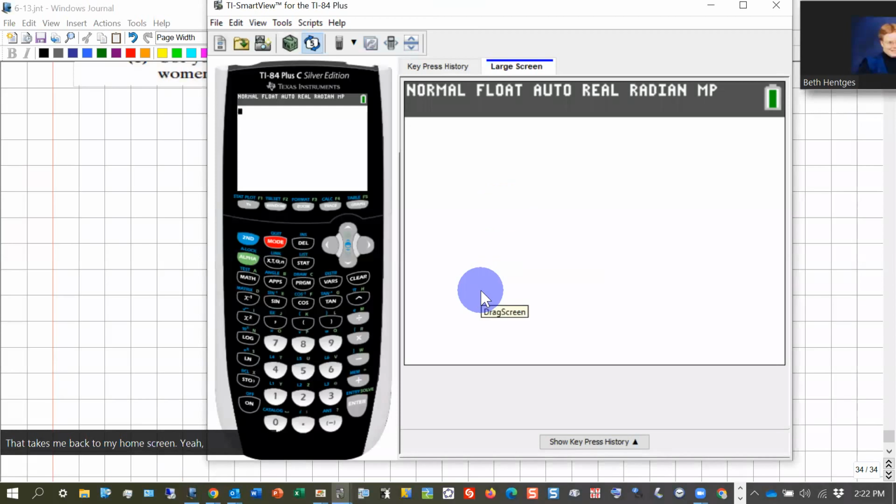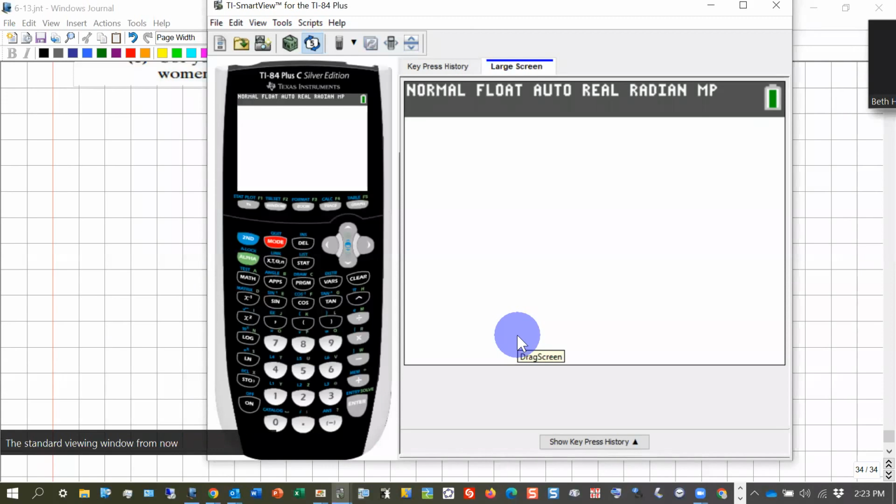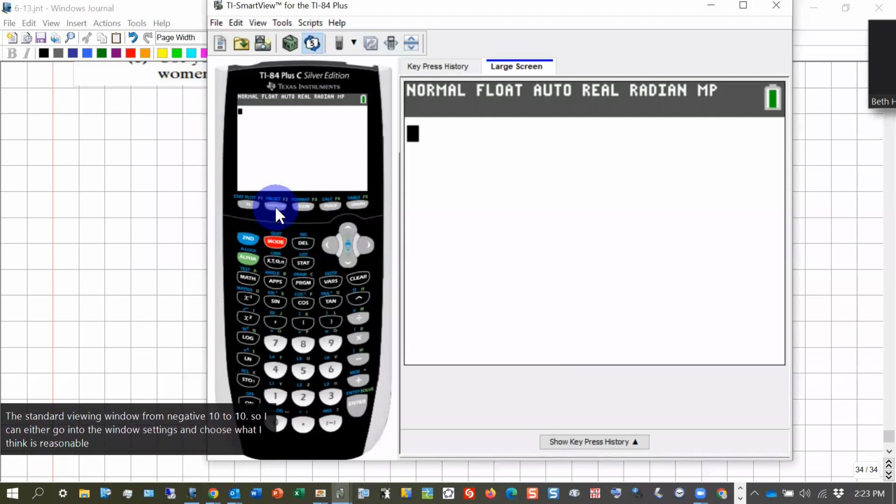And I probably don't want to use the standard viewing window from -10 to 10. So I can either go into the window settings and choose what I think is reasonable, or